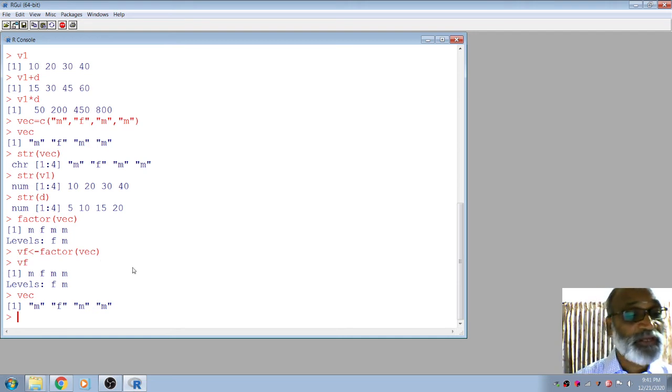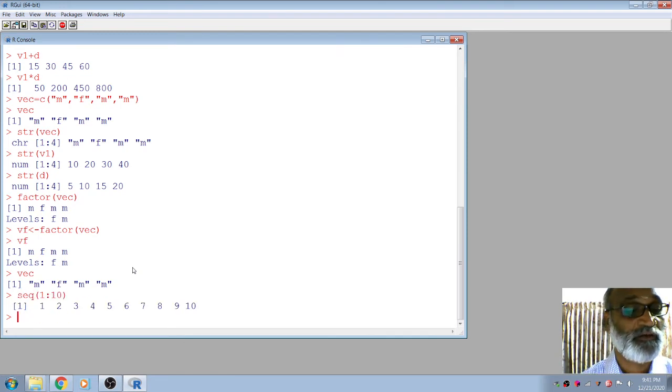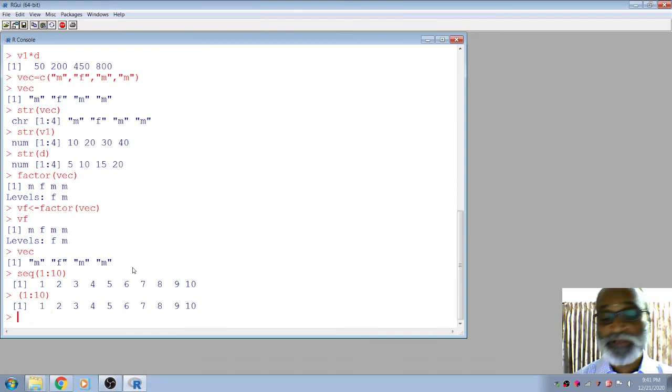Apart from that, you can create vectors by using the sequence function. For example, if you use sequence 1 to 10, it displays a vector of the first 10 values. Even if you simply type 1:10, it displays the same values. So either you use the sequence function to create the first 10 elements, or you can use 1:10.